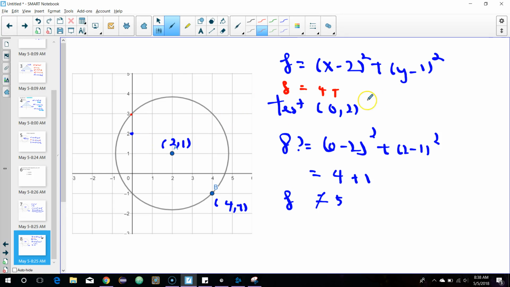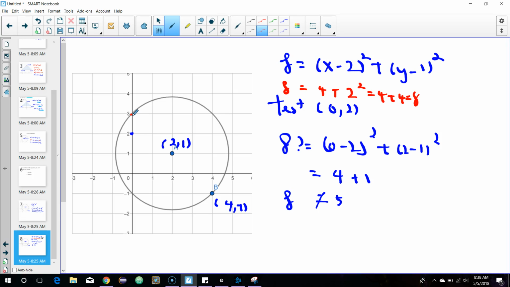3 minus 1 is going to be 2. 2 squared is going to be 4 again. 4 plus 4 is x. So yeah, x is equal to x. Therefore, (0, 3) is going to be on the circle. Alright. Now,